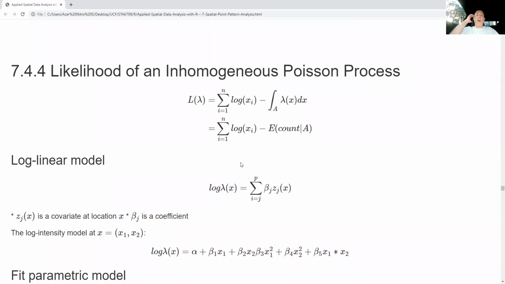Now let's look at the likelihood of our non-homogeneous Poisson process. If it is homogeneous, that's easy peasy lemon squeezy, but we want something a little bit more flexible, something that can handle a wider range of situations. So I'm going to take my likelihood function. The likelihood function is going to be the sum of the log of my x's minus the integral of our intensity function at each location within my area that I'm concerned about. And this simplifies down to the sum of the log of x's minus the expected value of the count within